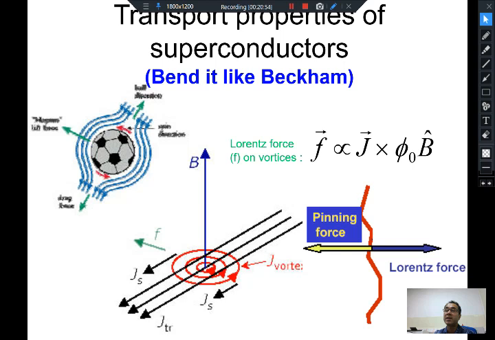So you want to pin vortices, you want to prevent them from moving. How do you pin vortices? You pin vortices by creating more disorder sites inside the superconductor, which are going to pin these vortices and prevent them from moving. And so this is where introducing disorder in the superconductor and pinning vortices and preventing them from moving around is very, very important if you want to apply superconductors. Because any superconductor you send a current, if it has vortices inside it, they will move if there is no pinning inside it. If you have pinning inside it, they will pin vortices, they will prevent them from moving and again make dissipation zero inside the superconductor.